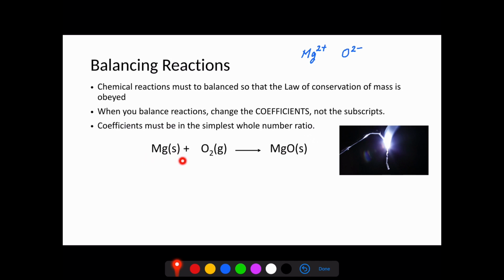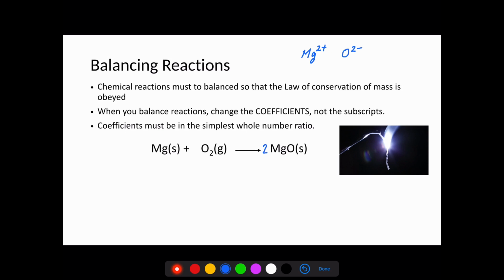So once you write the reactants and products, next step is balancing the chemical equation. So balancing means you should have same number of atoms of each kind on both sides. So you have one magnesium here. You also have one magnesium here. Magnesium is balanced. But oxygen is not. You have 2 oxygen atoms on the left, but only 1 oxygen atom on the right. So to balance oxygen, you change the coefficient of MgO to 2,